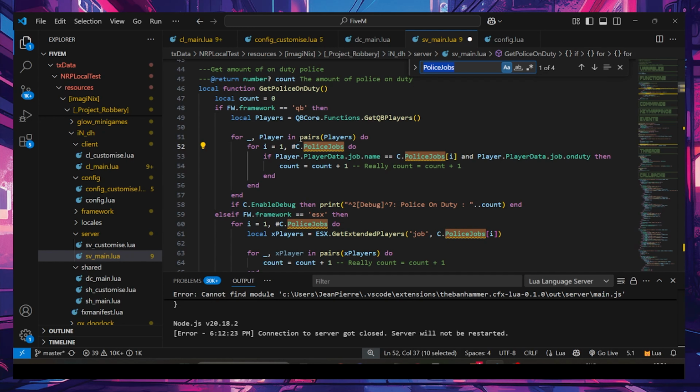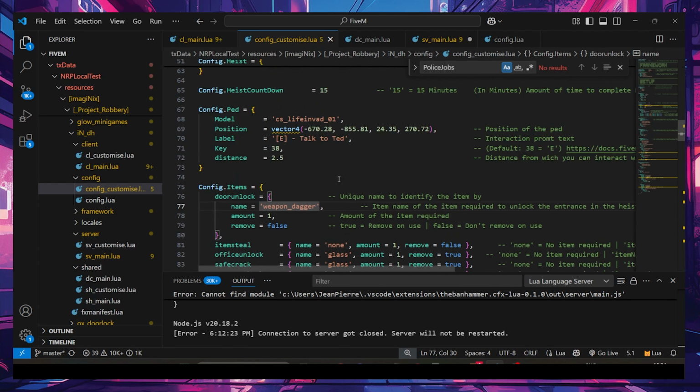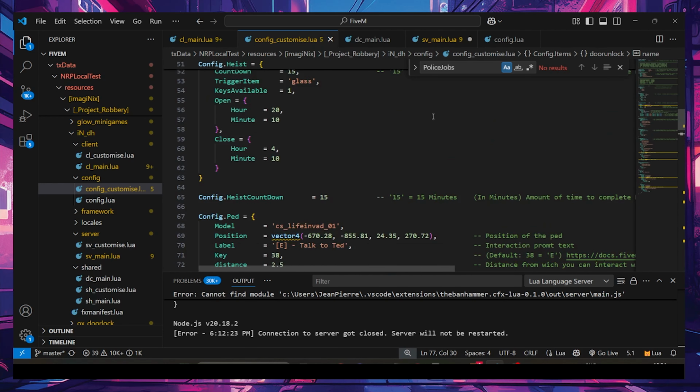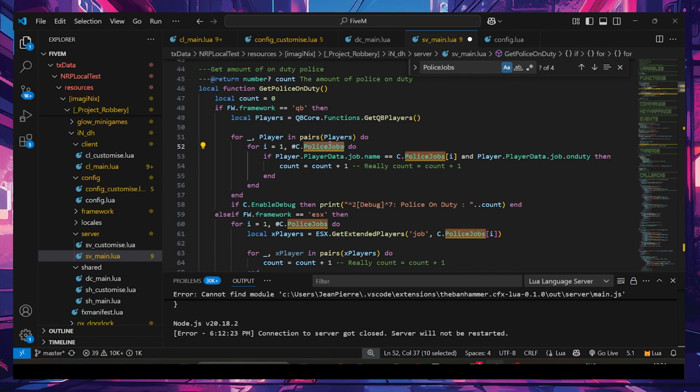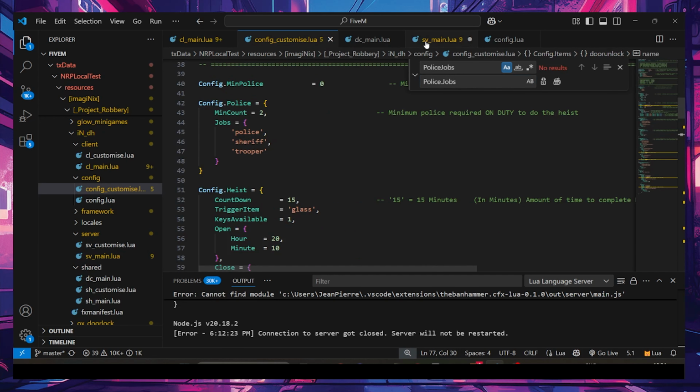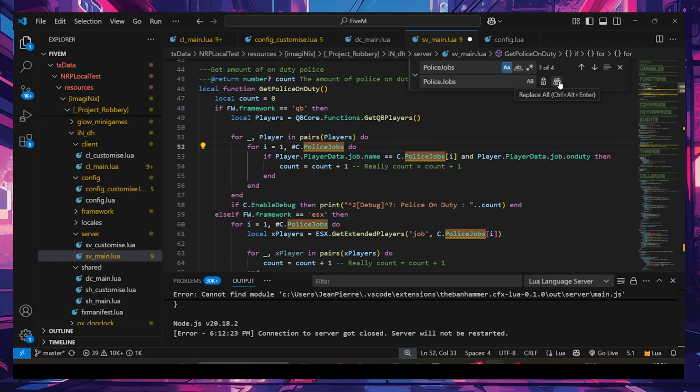Config dot police jobs. See, that's why it's not working. Police dot jobs is what we should be searching through. Right, so let us replace it with police dot jobs. Just confirm it. Police dot jobs over here. Replace all. Perfect. Right. Now that that's fixed,